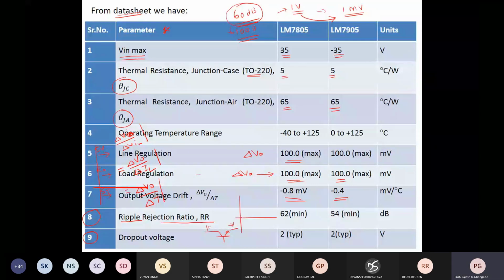If you remember the figure over here, and if it goes into the saturation region, it will lose the regulation. How will it lose the regulation? Because this will be tied to VCE(sat) only. There won't be any change possible here in VCE. So you have to always make sure that the transistor is in the active region.